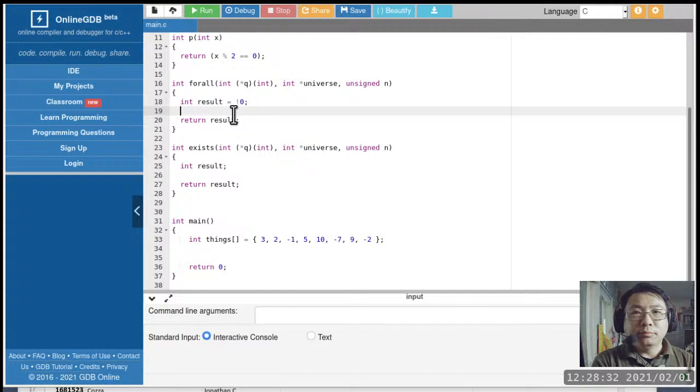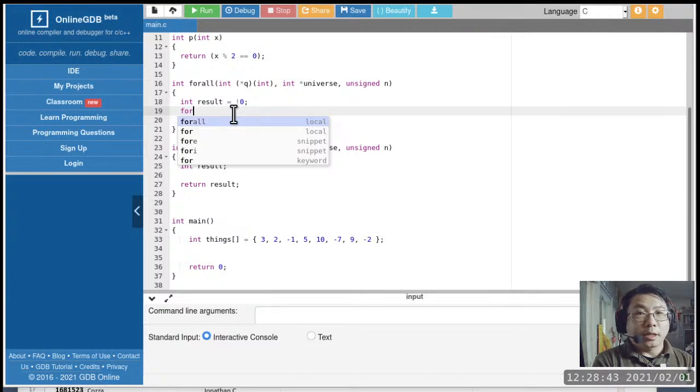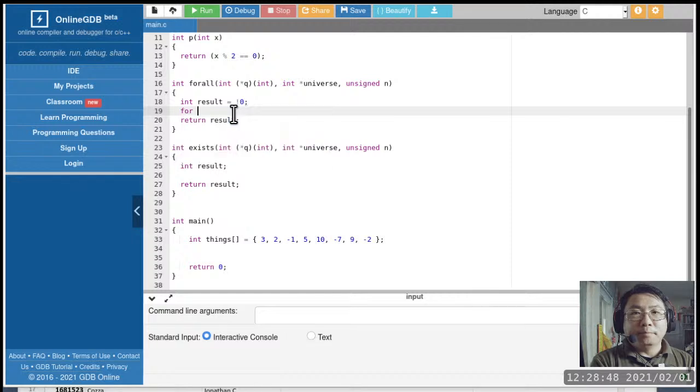All right, so now we'll go ahead and write a loop. Okay, so the loop is, I can make this a for loop. Depending on how complex we want to make this, there are a few ways to do this. So we'll write the for loop, and inside the for loop, we're going to specify the initialization. So result is already initialized from the declaration itself, and now we have nothing else to initialize.